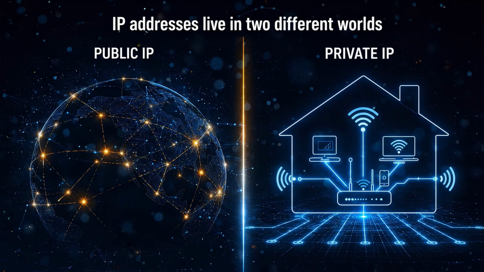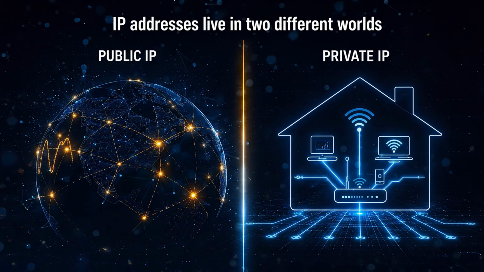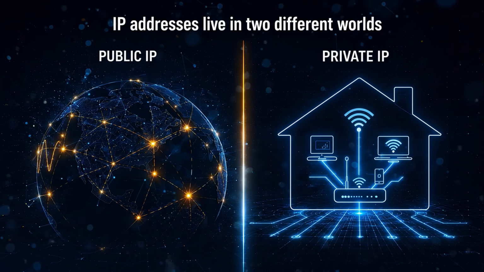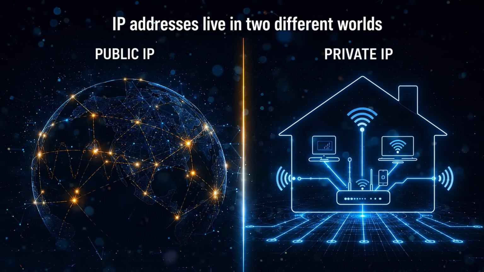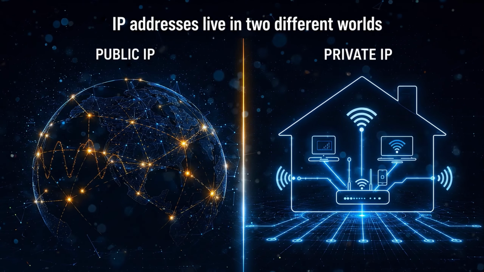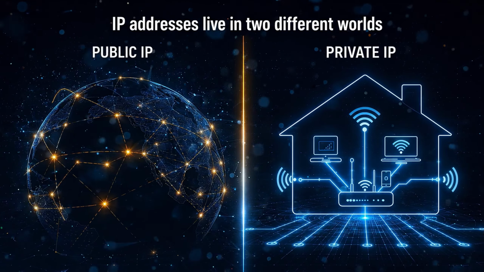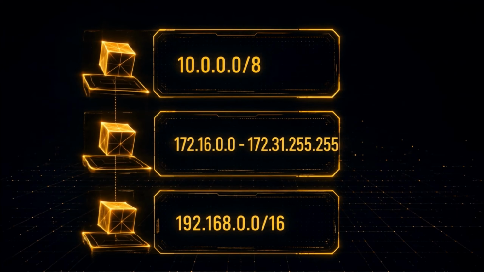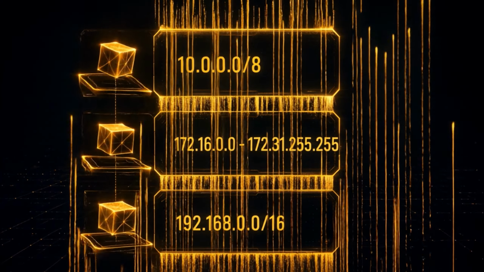Public IP addresses are globally unique. They are visible on the internet and can be reached from anywhere. Private IP addresses are used only inside local networks like your home or office. They are reused all over the world. You will see these 3 private address ranges everywhere: